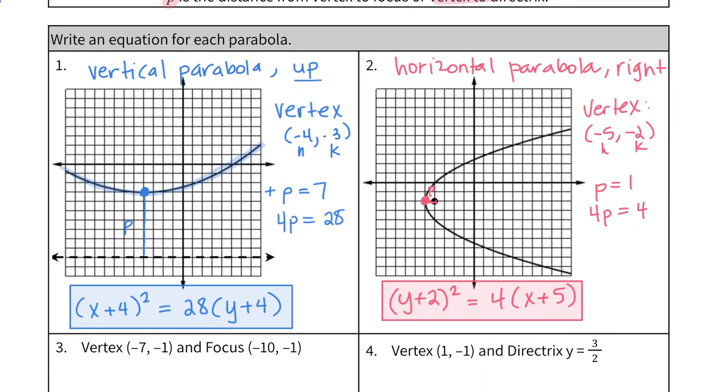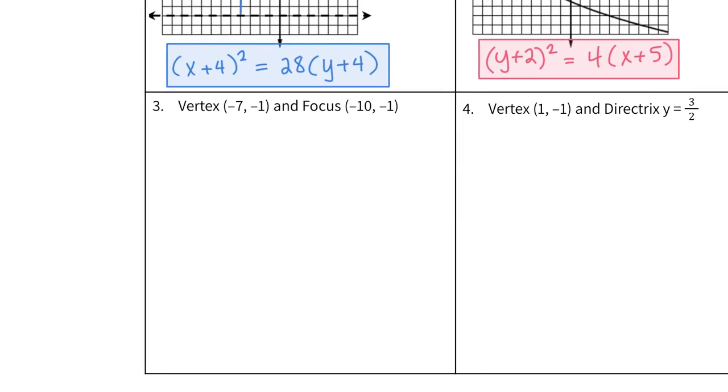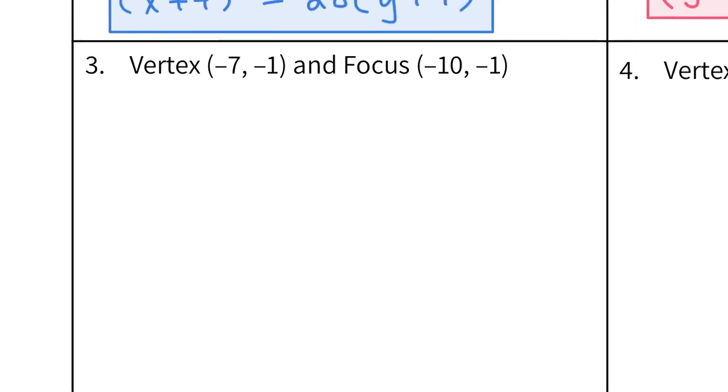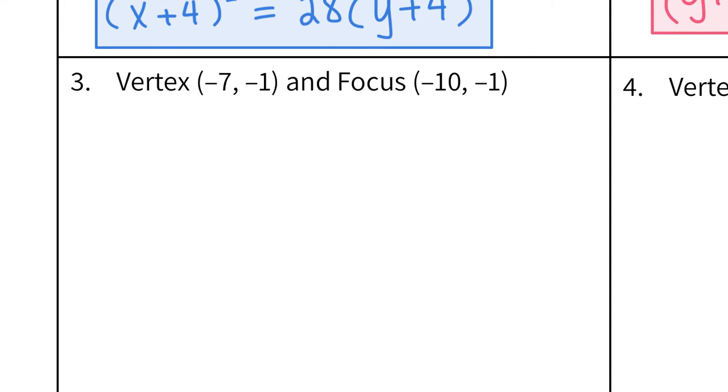Okay, so now I want to look at one where I don't have a graph. They're just going to tell me 2 of the important points. So here they gave us the vertex and the focus. So the vertex already is (h, k), so we're good there. But we need to find P. P is the distance,